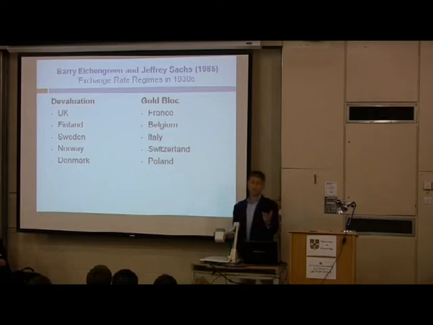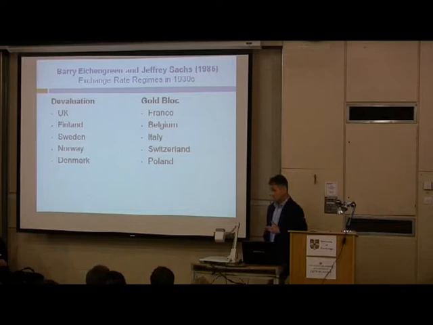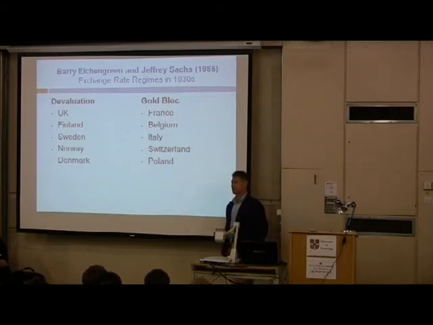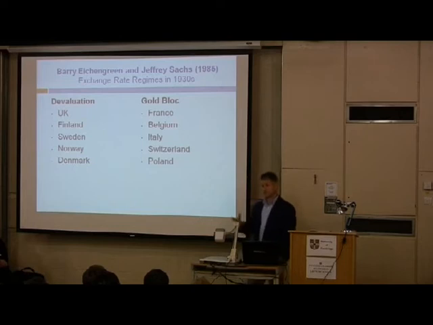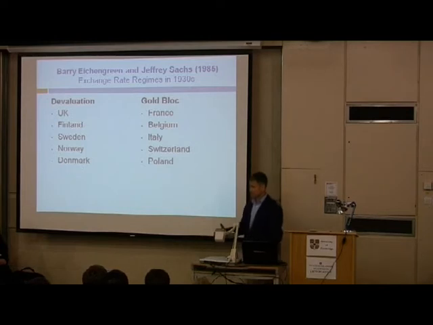Some of you may have done part one already, and you would know about Eichengreen and Sachs, that the dominant interpretation of exchange rate policy and monetary policy in the 1930s is derived from this paper by Eichengreen and Sachs, a modern view of the period, and that view is very simple. Devaluation gave monetary policy flexibility. Those countries that took that path recovered much better in the 1930s, and although the paper can be criticized by saying only 10 countries, the US is not even there,